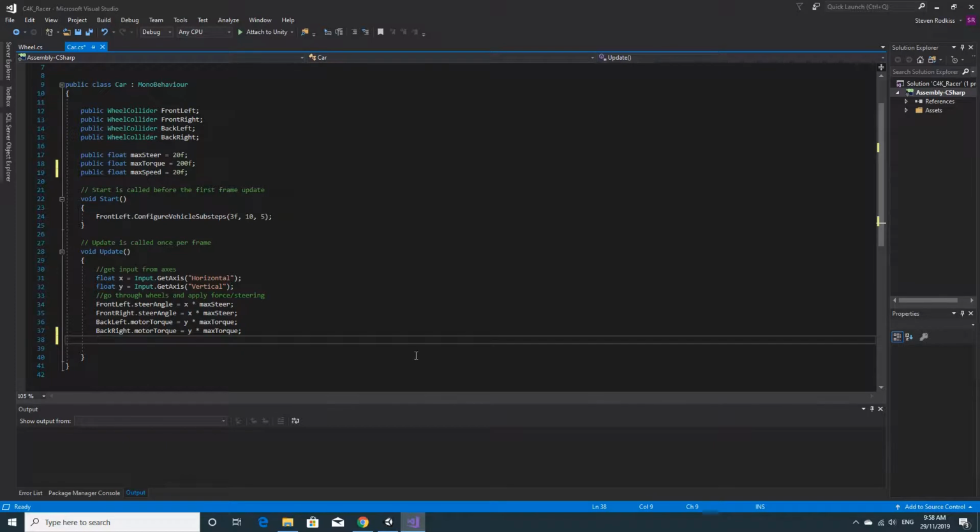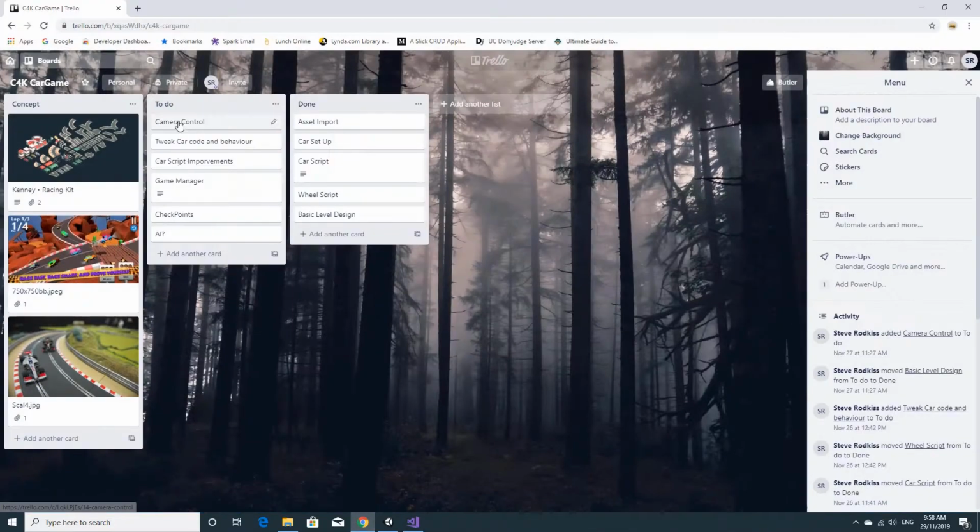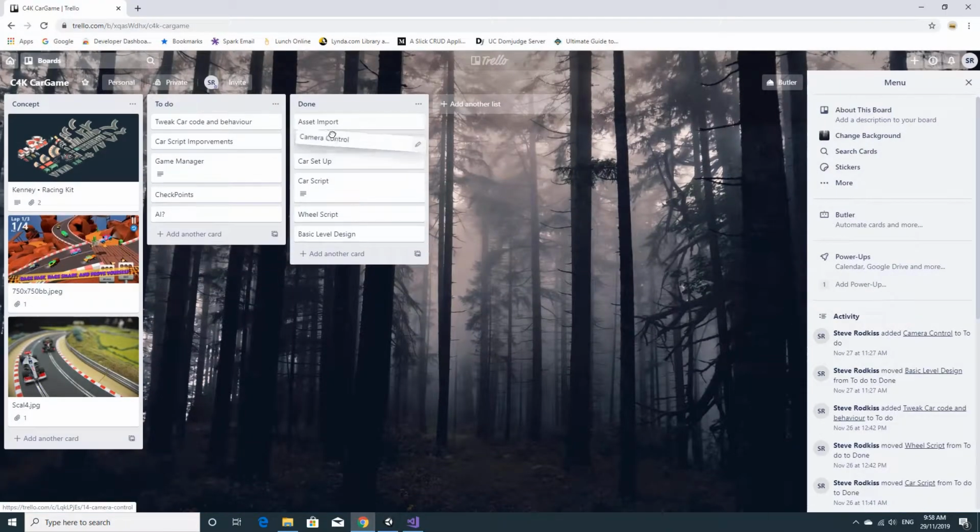So this is going to be quite maths and programming heavy, and hopefully we will refactor and tidy it as well. So we did camera control, and we did